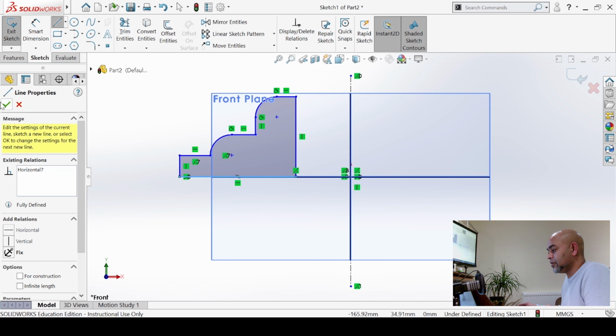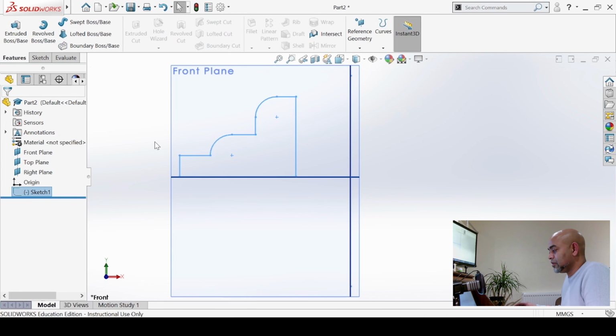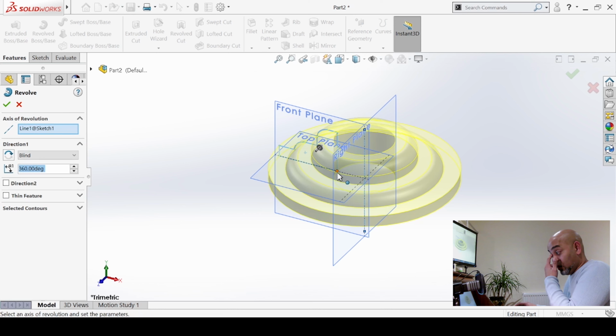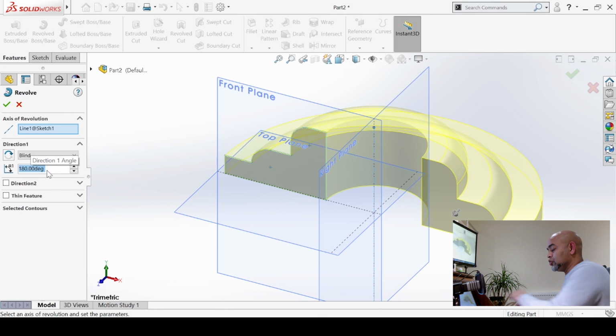That's a good profile. I'm going to confirm and exit the sketch. When I go into revolve boss base, just like earlier, Solidworks will do all the complicated calculations behind it, and it has realized that we can actually create a revolve around that axis using that profile there. You need to notice the fact that I can control the extent. So instead of 360, I could do a half turn and I would get a part like this,